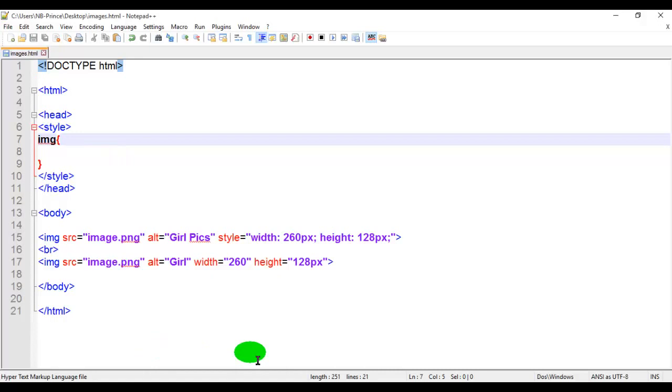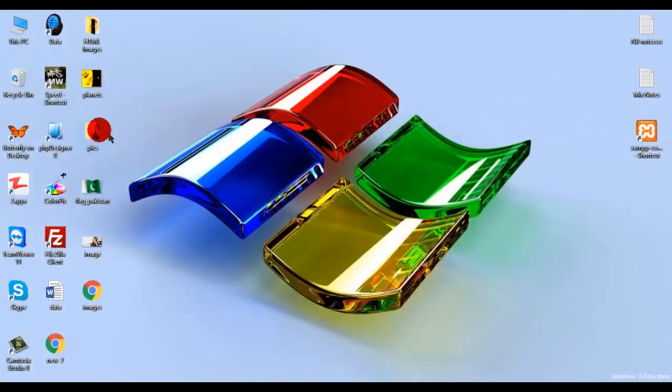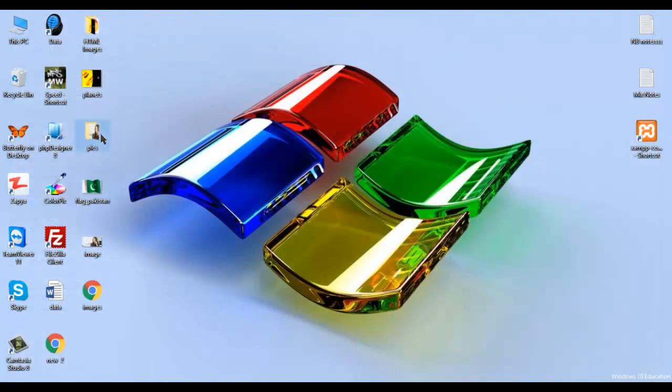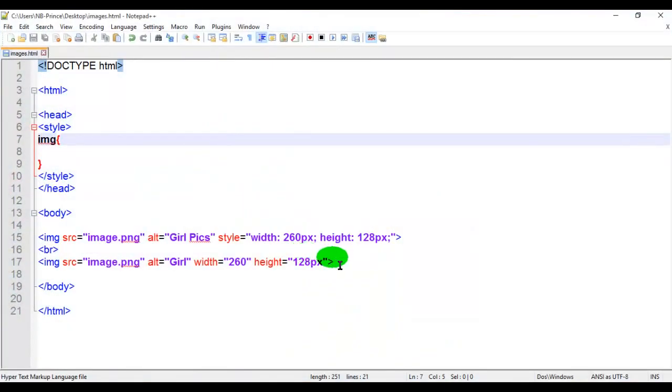So the next thing is, if you have images in another folder. As I have the desktop, I have images in this folder, pics. I have the same image in this folder. So I want to call this image in my HTML page. So what I can do is just give the folder name, and the image will display here.